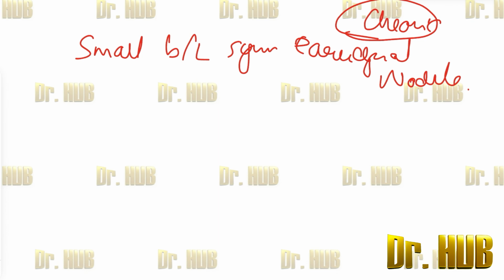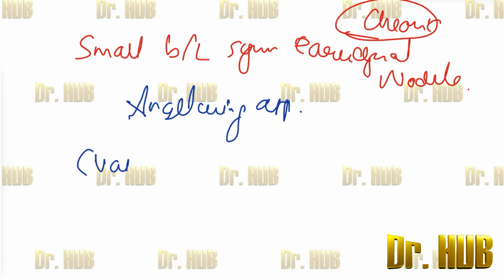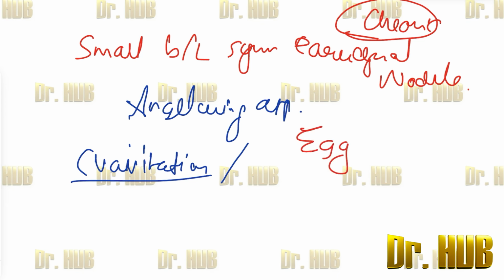And there are large conglomerate nodules, which give an angel wing appearance. Next, cavitations may also be present, as well as hilar lymphadenopathy with eggshell calcification. So this is all in chronic. There can be a progressive massive fibrosis,